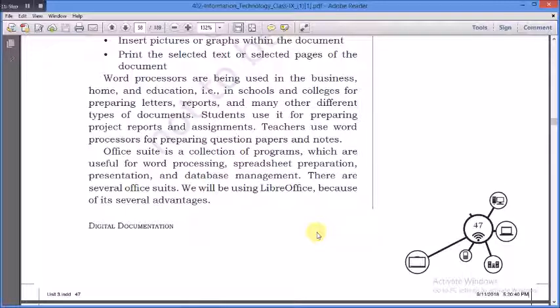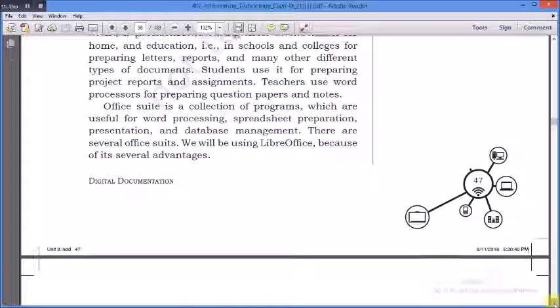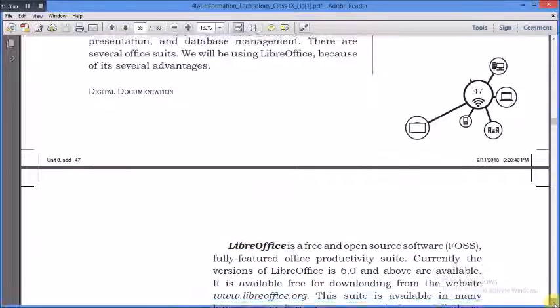We are going to use Microsoft Office because we have Microsoft Office in our computers, in our lab. LibreOffice and others have features similar to Microsoft Office.